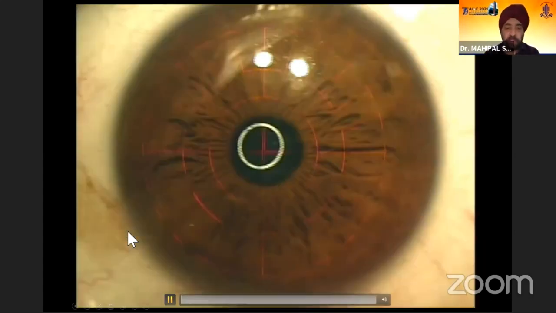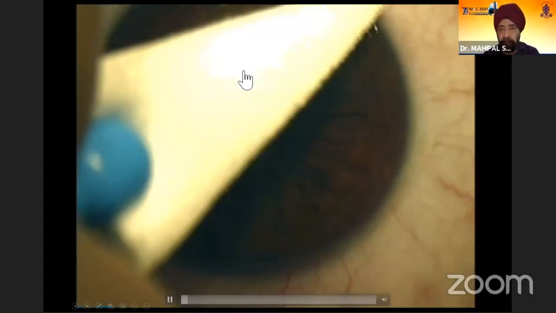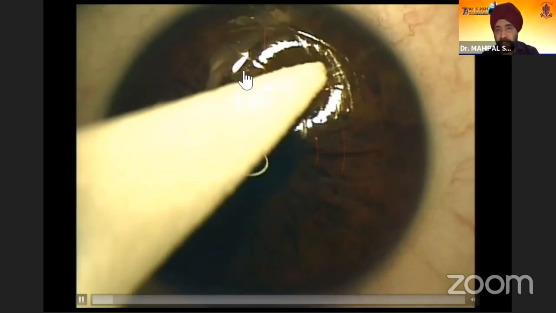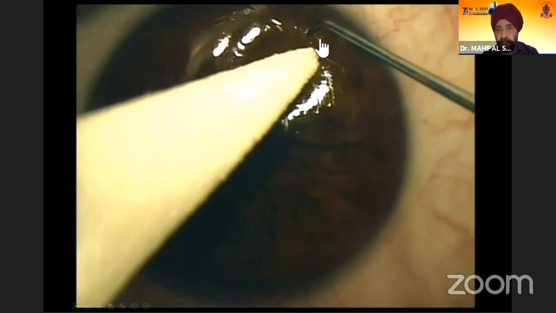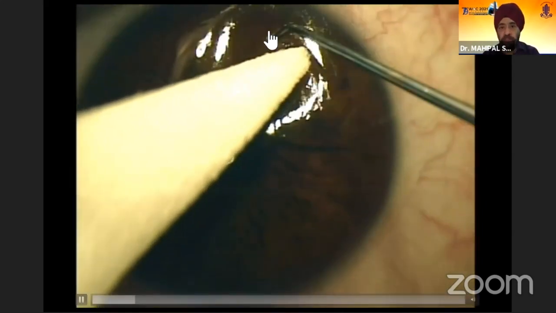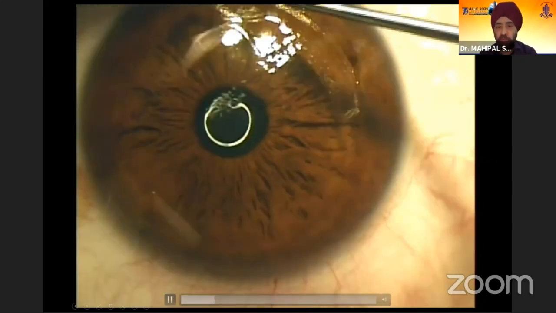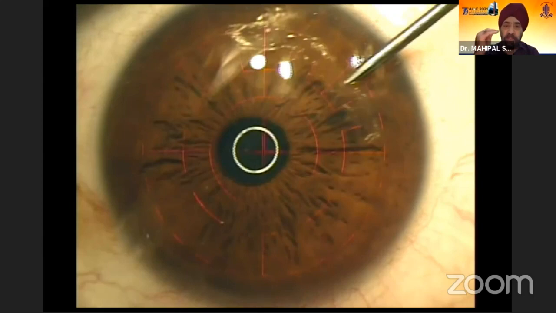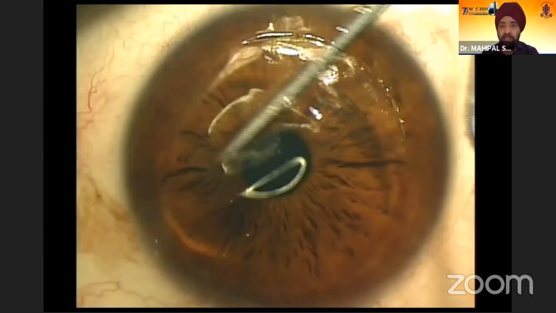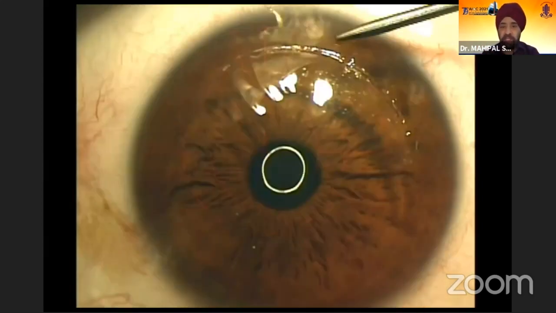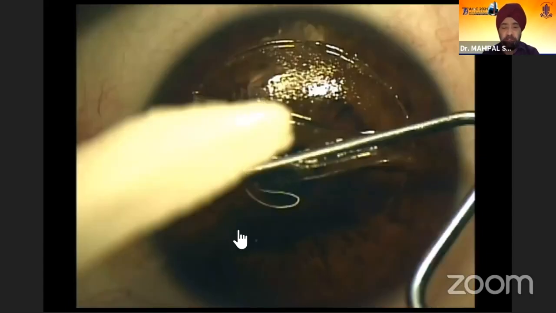So what I do as a normal case is, see, I'm drying this, and you just depress. Can you see, if you depress here, you can see that this line comes into view. So that is the only thing. I never do it on the slit lamp. I'm never bothered about it. I will just depress after making the flap edge dry, and then you can easily lift it up and go back and do it.